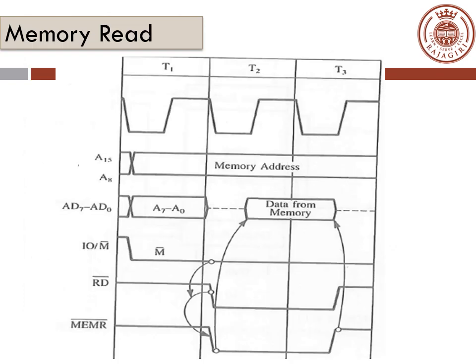On the previous slide we have seen the opcode fetch, which took 4 T states, T1, T2, T3, T4 to complete the operation. Now the opcode fetch is also a kind of memory read operation. The only difference is that in the case of opcode fetch you are taking an instruction. So why is this memory read over here? You can see that it took only 3 T states, but the opcode fetch took 4 T states.